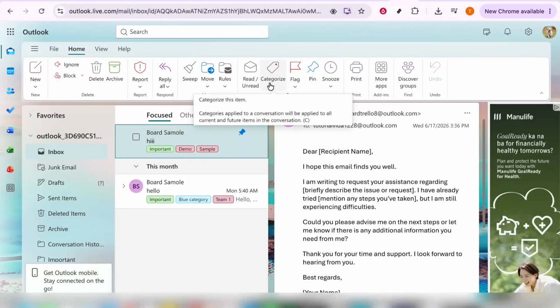In today's video, I'm going to teach you how to change email layout in Outlook. If you want your Outlook inbox to feel more organized, easier to read, or simply better suited to the way you work, adjusting the email layout is a great place to start. Outlook gives you several layout options, and once you know where to find them, it only takes a moment to